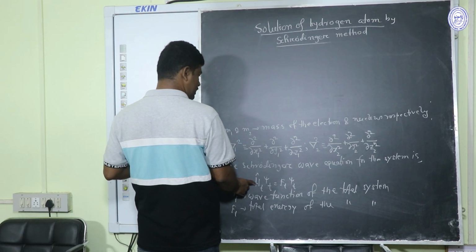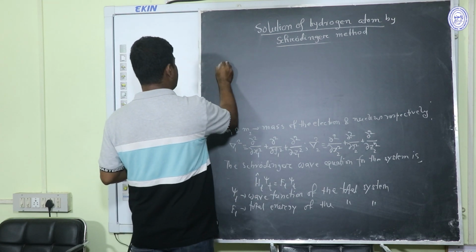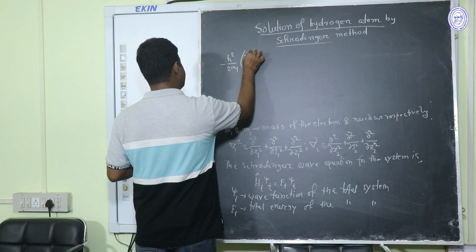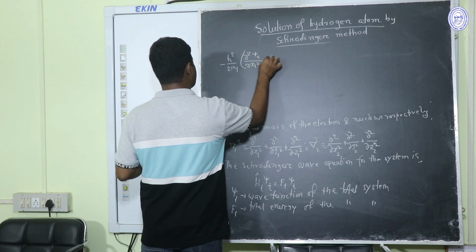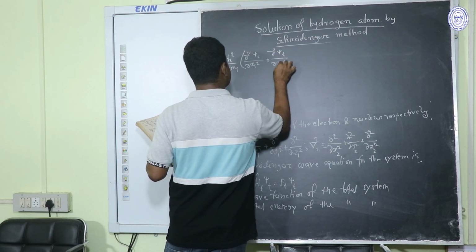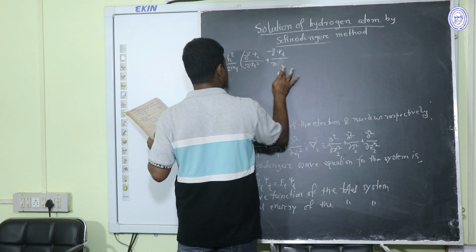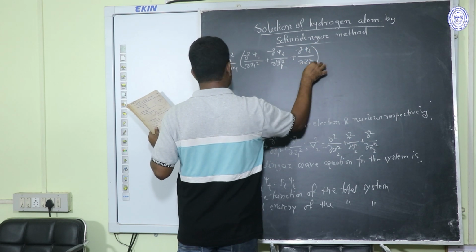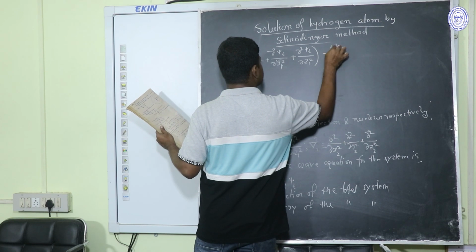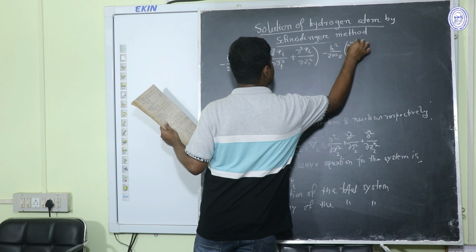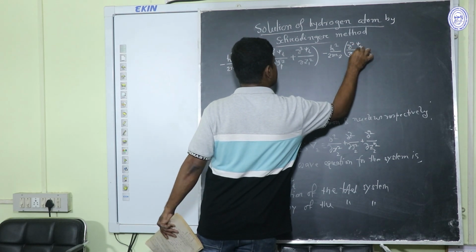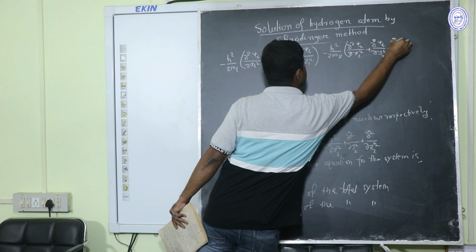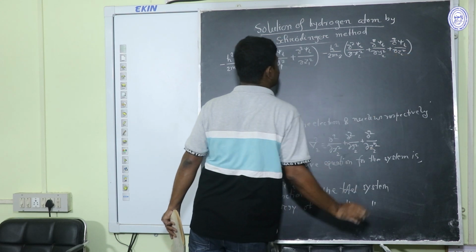Now, if we write down the expression of the Hamiltonian elaborately, then we get minus ħ² by 2m1 times ∂²ψt by ∂x1² plus ∂²ψt by ∂y1² plus ∂²ψt by ∂z1², then minus ħ² by 2m2 times ∂²ψt by ∂x2² plus ∂²ψt by ∂y2² plus ∂²ψt by ∂z2². This is the kinetic energy operator